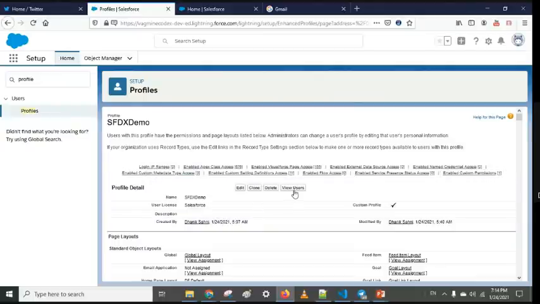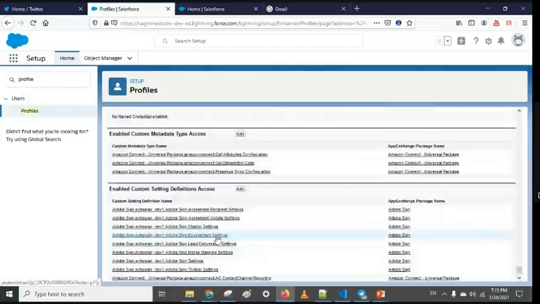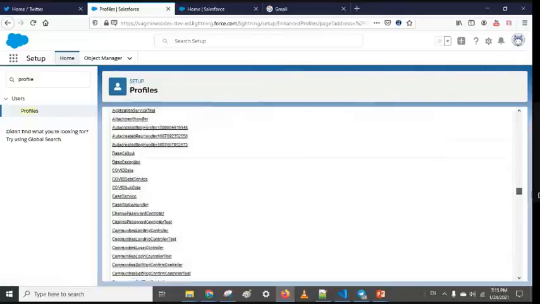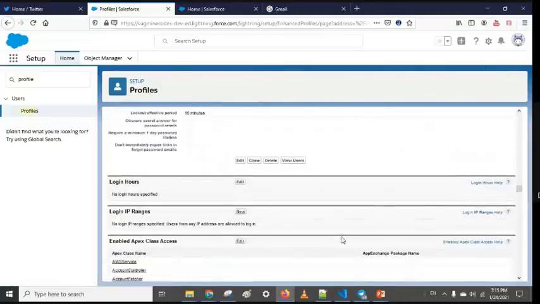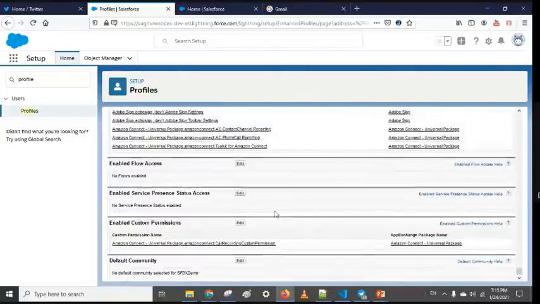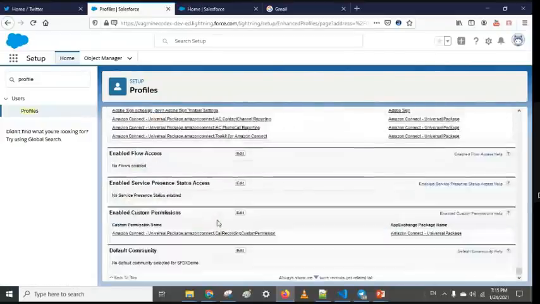So below, you get login hours, login IP range, enable API access, and these for the external data source, named credential, metadata, custom setting, and flow, enable service response, custom permission, and the community.